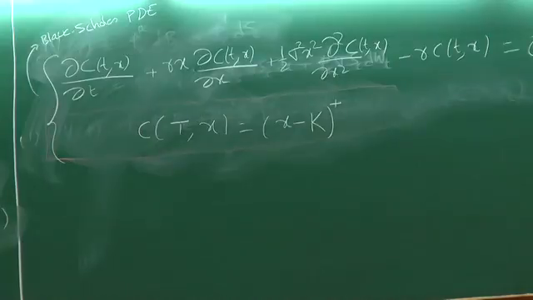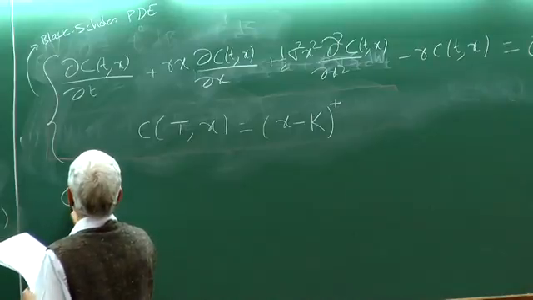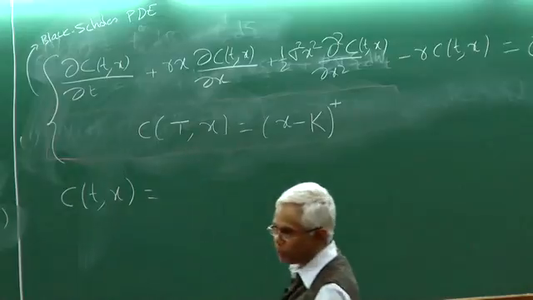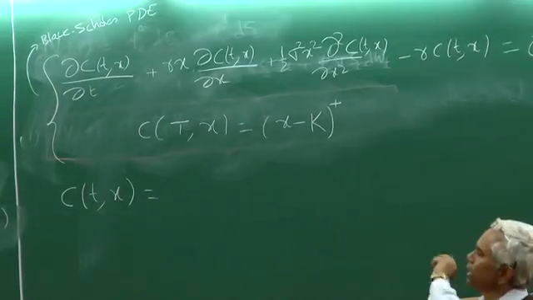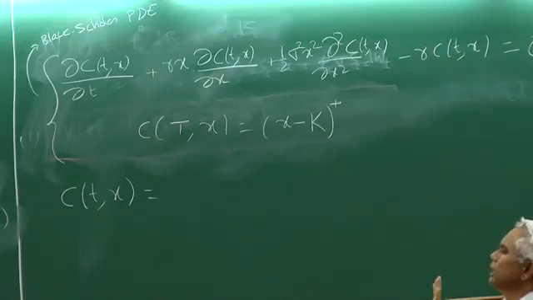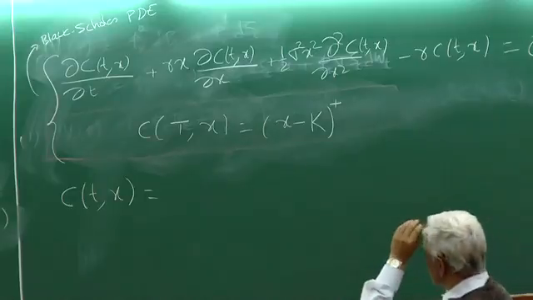You can solve this PDE exactly, and the solution is given by Ct of x. By a proper transformation, this PDE can be converted into a heat equation, and the heat equation can be solved exactly. So the exact solution as derived by Black-Scholes is given by